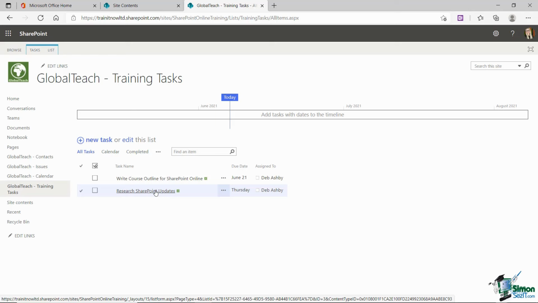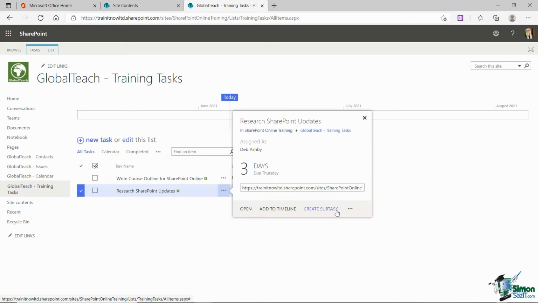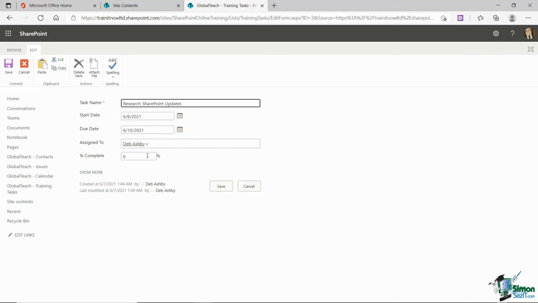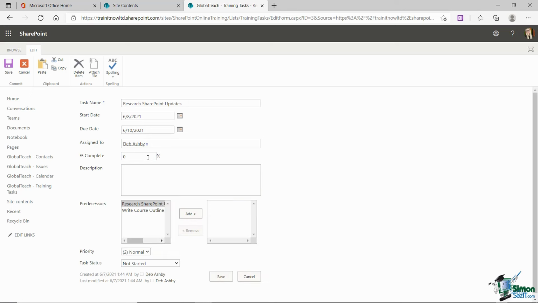I can click on the link to open the task, or alternatively, I can click on the three dots and then the three dots again, and I have an edit item button in here as well. But to be honest with you, it is a bit quicker just to click on the task name. So that's going to jump you back into your task, and then you can make whatever updates you need to make. So let's pretend that this is 50% done, and I'm going to change the status to in progress